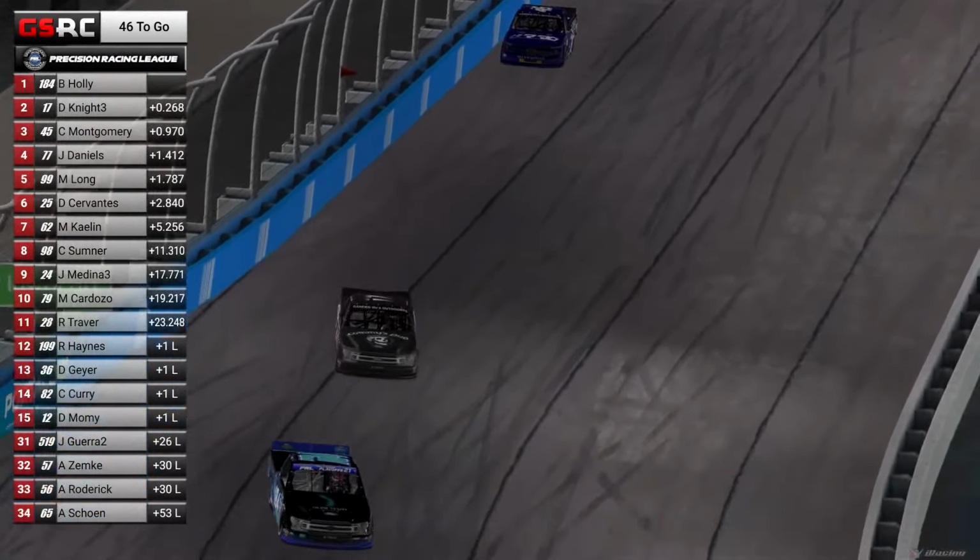Well, that is not something you want to see for a driver that looked like he could be a threat. And unfortunately, just loses it off of turn 4. And, oof, I was hoping maybe he could avoid hitting the wall there, but made some pretty good contact with the right front into the inside wall there. That looked like a very slippery corner there for Rob Haynes,